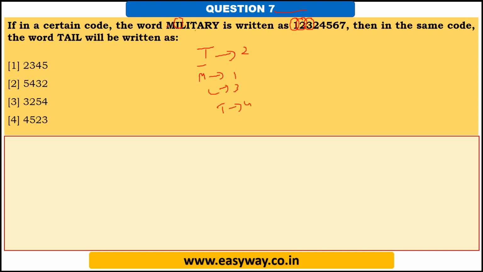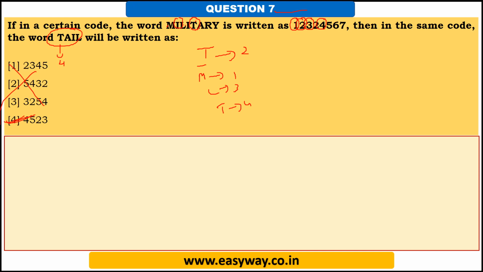Okay, so now they have told us to find out the code for word tail. So tail is what? Here first, second, third, fourth, fifth letter. So here first, second, third, fourth, fifth. So that means T will be 4. So in how many options do we have first as 4? Only in option number 4. That means only the 4th is the correct answer. We need not check the other options, because in the fourth option itself we got 4 and in no other options the code for T is 4 as given, okay. So the answer here is option number 4.